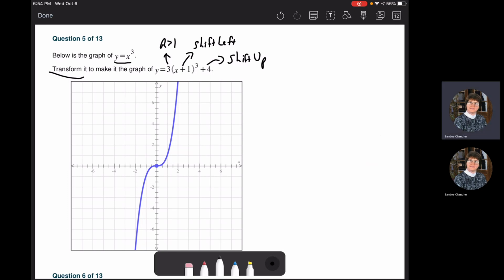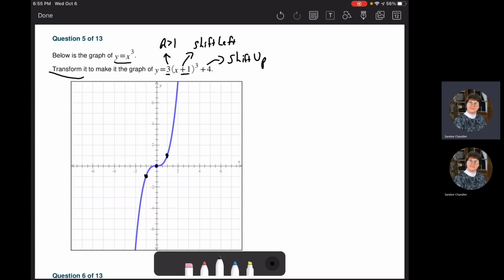So, if you had a reflection, you would reflect it first. There's no reflection on this. Remember, that would be if there was a negative there or a negative there. There's no reflections, so we don't have to worry about the reflections. We want to shift it. We can either shift left and right first, or we can do the 3 first. It doesn't matter. I'm going to do the 3 first because it's right here. I've got these points right here I can use. And 1, 1, and -1, -1 are easy points to use. Of course, so is 0, 0. Remember, with the 3, we'd be multiplying these